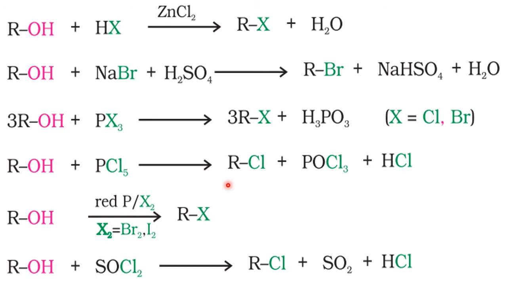First is from alcohols. Okay, so these are alcohols. General formula for alcohols, ROH. So alcohols are the best starting materials to prepare other organic compounds. So to prepare alkyl halides, the easy, the best, the efficient, convenient method is what? Use alcohols. So using alcohols, you can prepare alkyl halides.